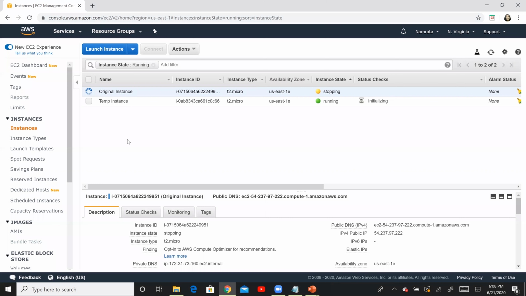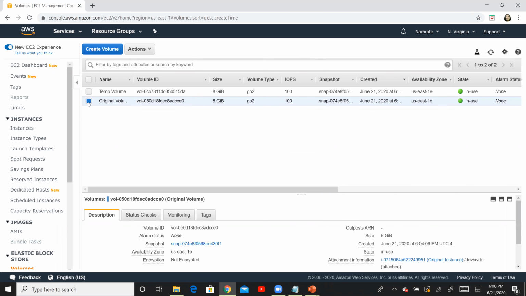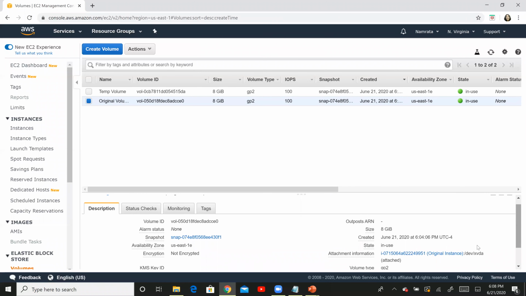If I go back to my volumes, remember we had renamed our volumes as original and temp. If I refresh this, it is going to show me that both of them are currently in use. Okay, this is the original volume right there, and as you see, it is associated to the original instance right here at the bottom.